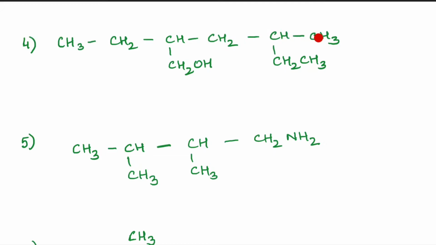So I've got now 5 compared to the 6 that I was getting in the previous one. So what do I do now? Let me highlight the longest continuous chain. Yes, I said it at the beginning also. It need not be straight. It's how I have written it, how I have represented it. But it has to be continuous. Now I have to number it. I'll try to give the lowest number possible to the functional group. So that's 1, 2, 3, 4, 5 and 6.